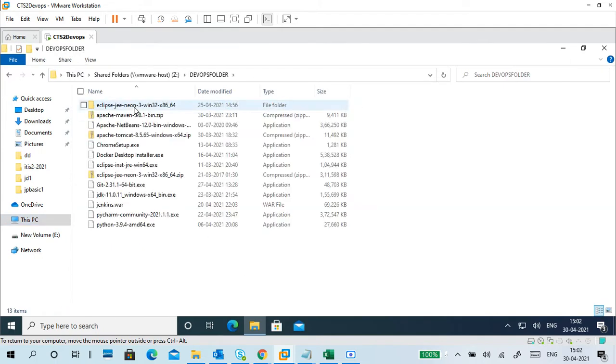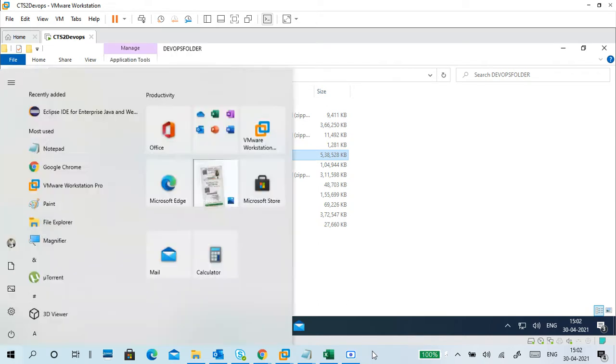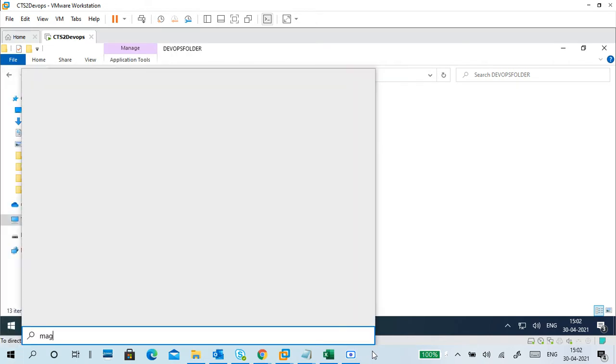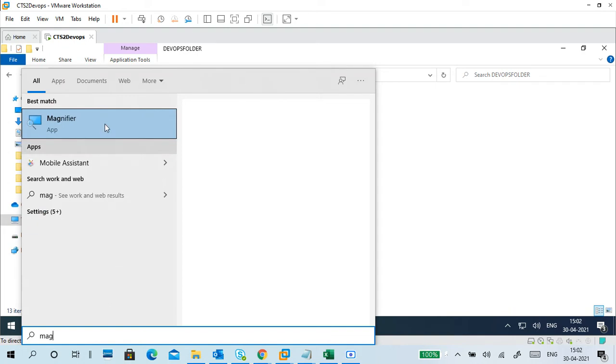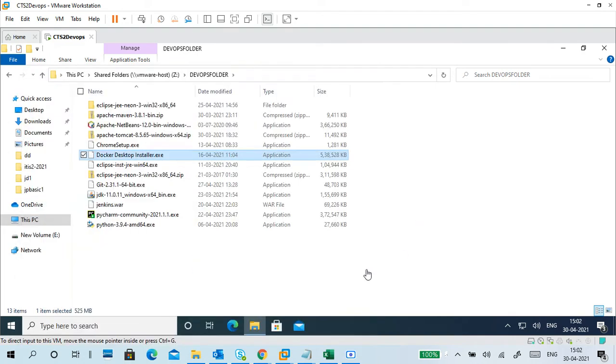I'm going to install Docker. After this, I will discuss middleware related topics.